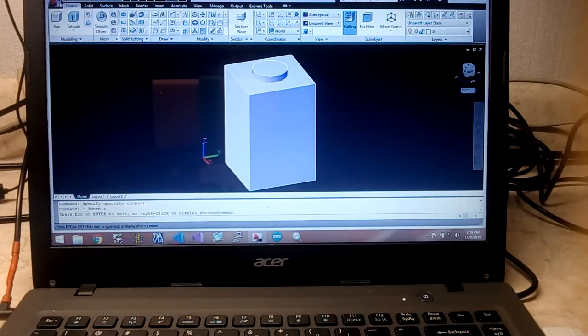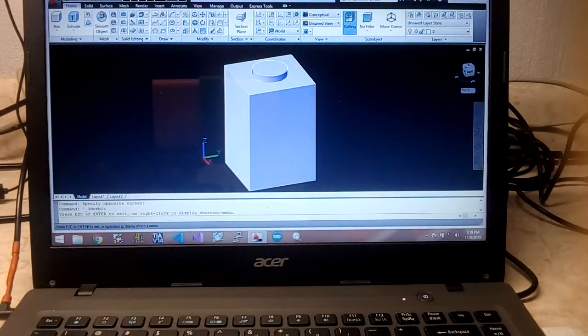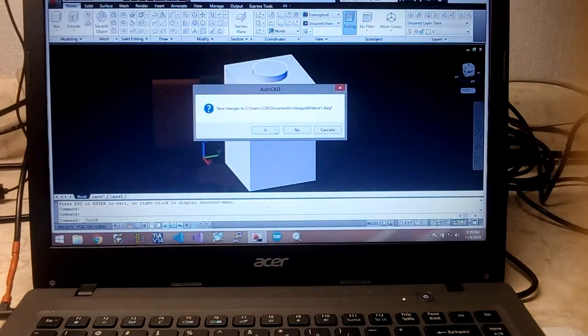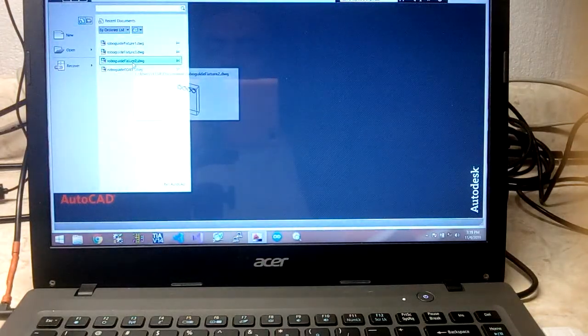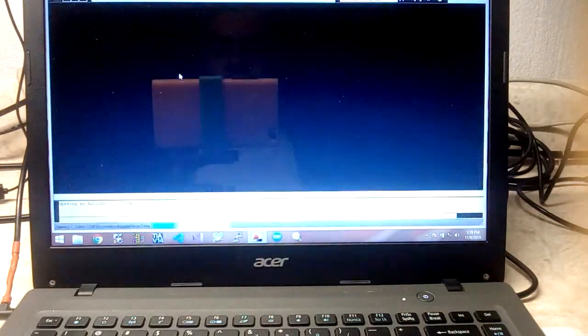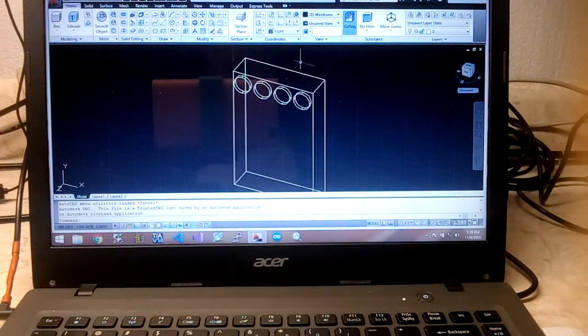Now I'm going to show you other machines. I'm going to close this. And no, I don't want to save changes. I'm going to open the other designs I have. This here is another machine. This is a spot welder with 4 stations